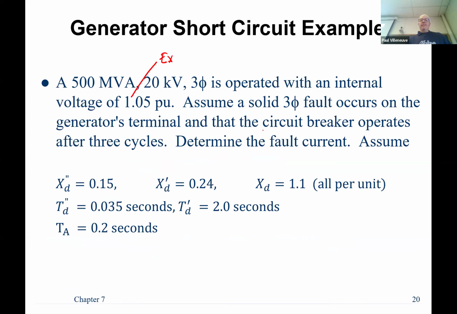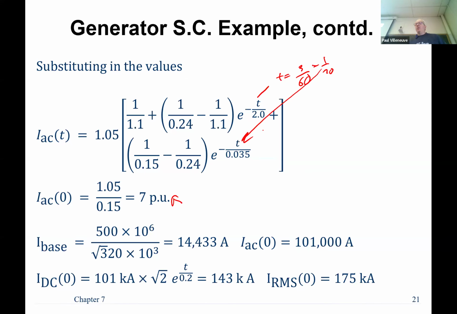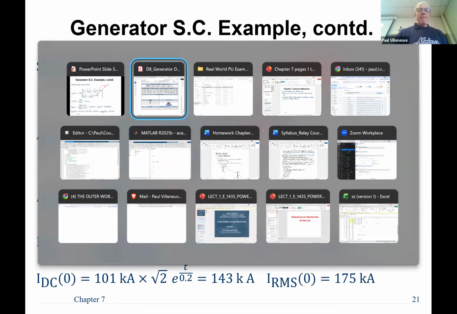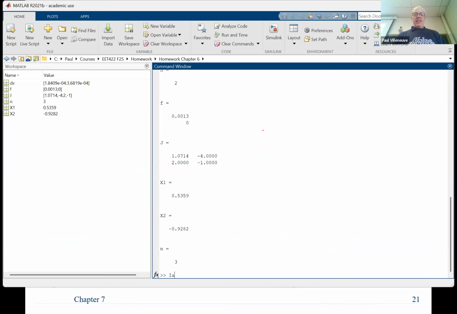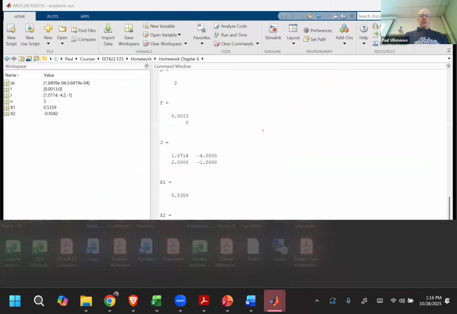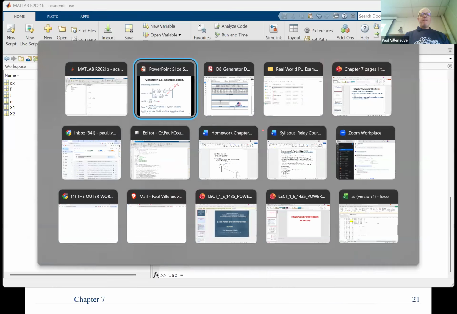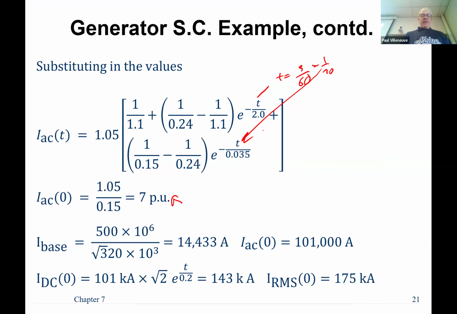It says here, assume a 3-phase fault. Breaker operates after 3 cycles. You want to see what the current actually has to interrupt. Okay. So our AC current, we'll just put that in MATLAB. So I'll say IAC is going to be equal to, whoops. So 1.05